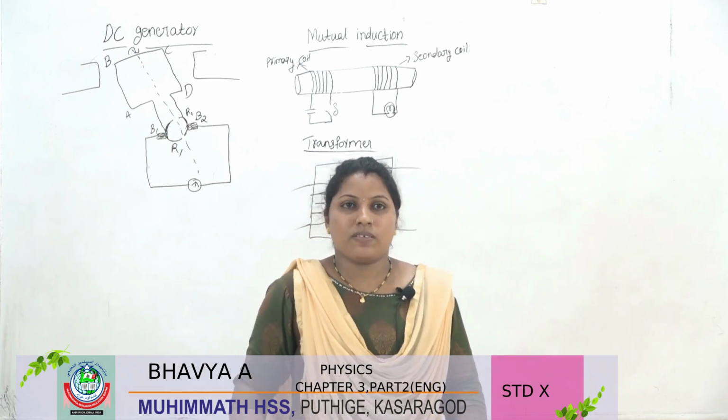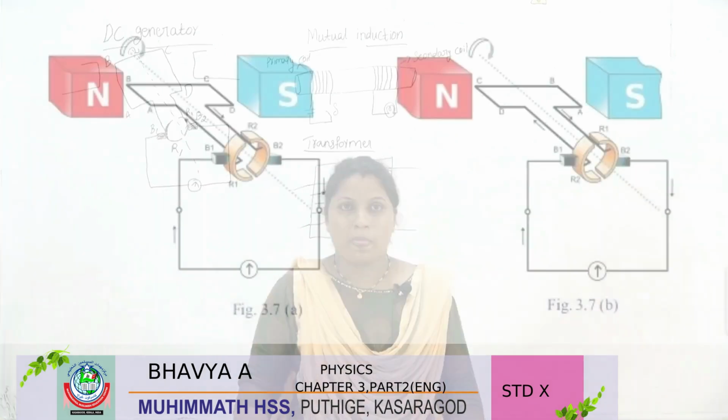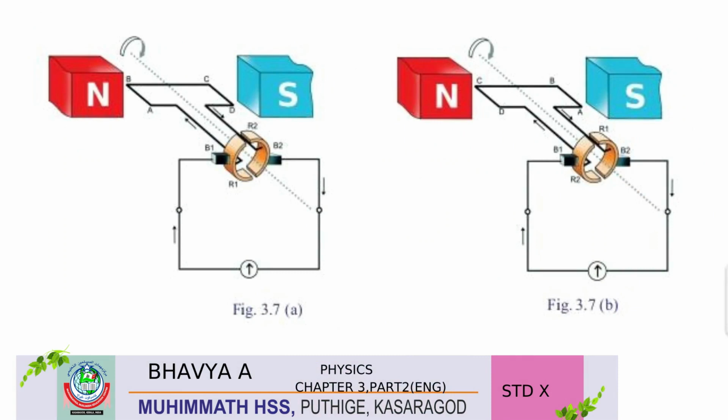See that picture of a DC generator. In the first picture, the rotating ABCD is the rotating part, the armature, R1 and R2 are the rings, then B1 and B2 are brushes. Here the direction of current does not change, but there is variation. The variation of magnetic field exists, the EMF increases and decreases, but the direction of current does not change.